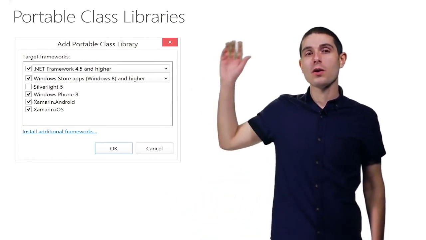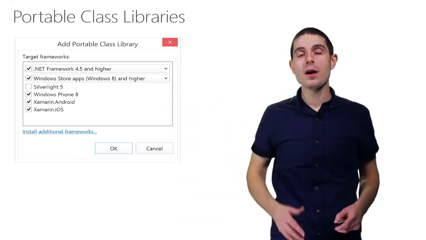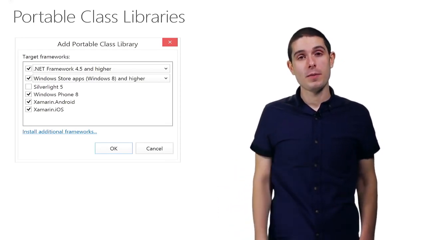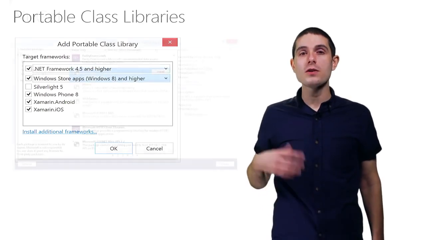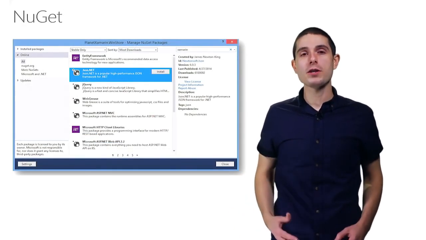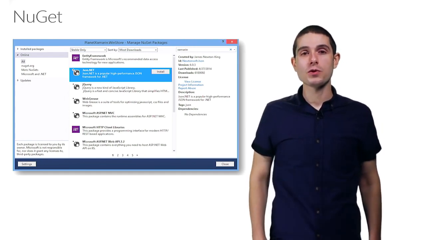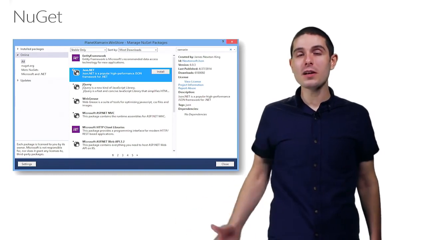We can see here I'm targeting Windows Store, Windows Phone, and Android and iOS. You get one assembly that you can reference, and then all of your code just works. It's really amazing. But it gets better with portable class libraries as well when you mix it with NuGet. This is a great repository of all of our favorite .NET libraries. Since Xamarin has full support, you can use all these as well, such as JSON.NET, HTTP client, and of course